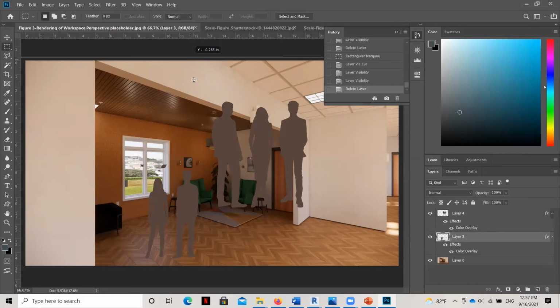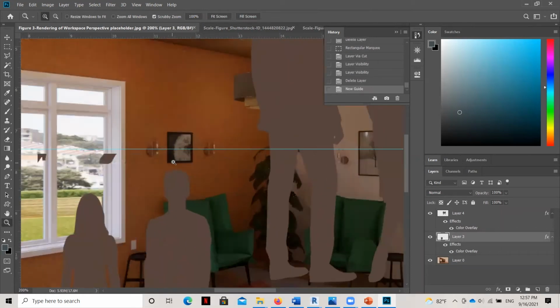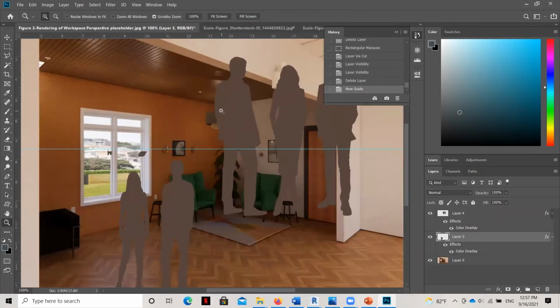So I'm going to grab one of my rulers, and I'm going to create the horizon line right about there. And that's how I'll know where everybody's eyes need to be. Now I'm going to go ahead and zoom in just a little bit and begin to scale these people.